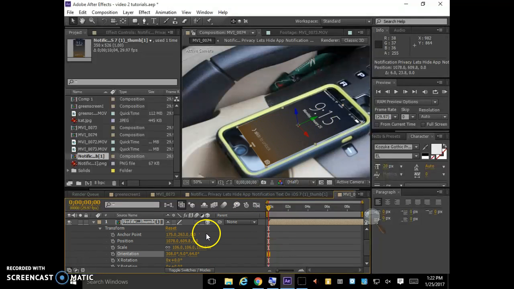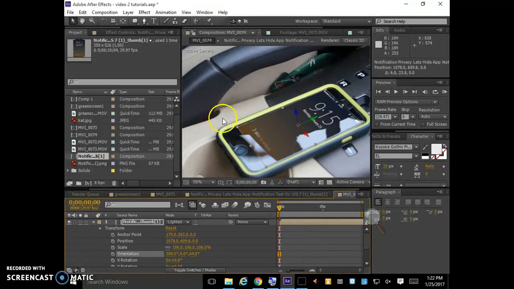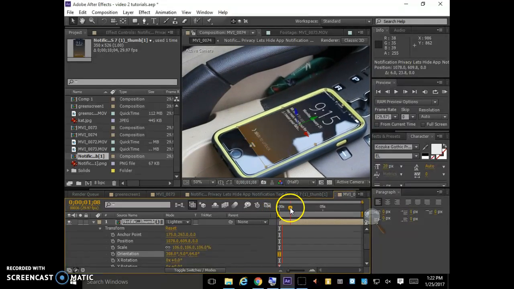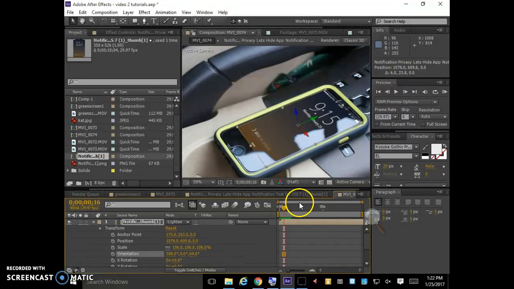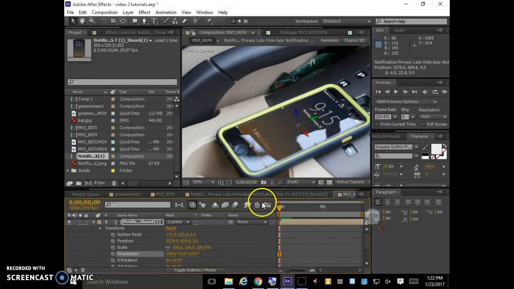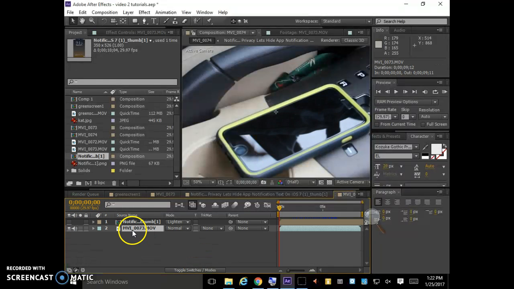the screen. So again, I'm going to click on Toggle Switches and Modes, and we're going to go to Mode here, which is normal, and we'll do maybe Lighten. That works pretty good. So Lighten works pretty good. But if I go forward in time here, you see it kind of just jumps around. So what we need to do is we need to track the footage so that the screen that we put in there stays put. Alright, so I'm going to turn this off, go here, and we're going to do some